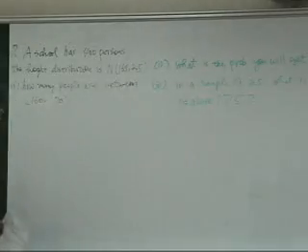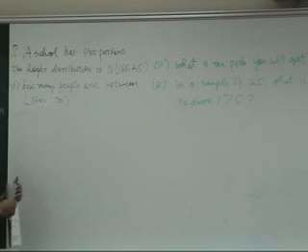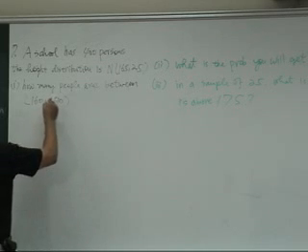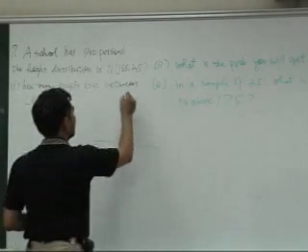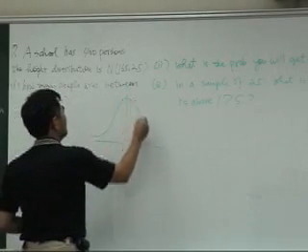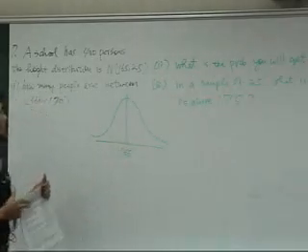Okay, so a school has 400 persons, and the height distribution has mean 165 and variance 25. How many people are between 160 and 170? So you draw a diagram. Here it is 165, and it is normal